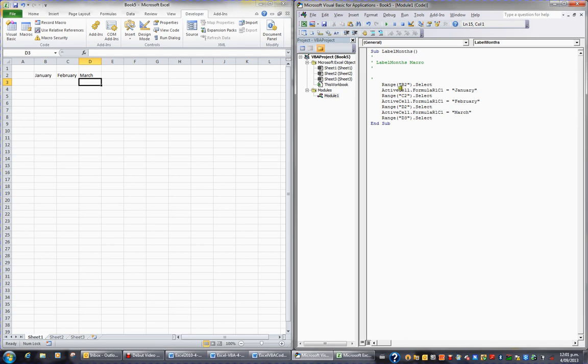The code is basically saying go to the cell B2. So this is how you write a statement that refers to a particular cell, always in double quotes. And in the active cell, it's used the statement FormulaR1C1 to basically say in the active cell it's entered January. I've gone to C2 and I've entered February, I've gone to D2 and I've entered March, and then I've